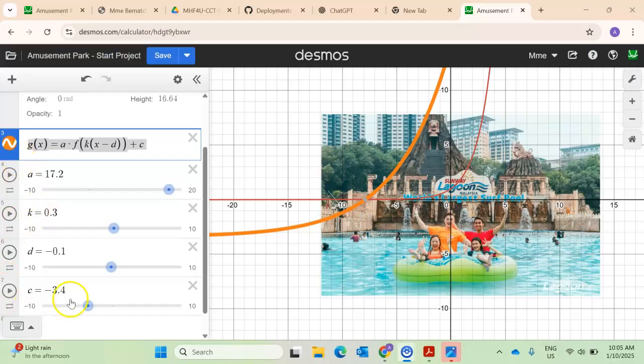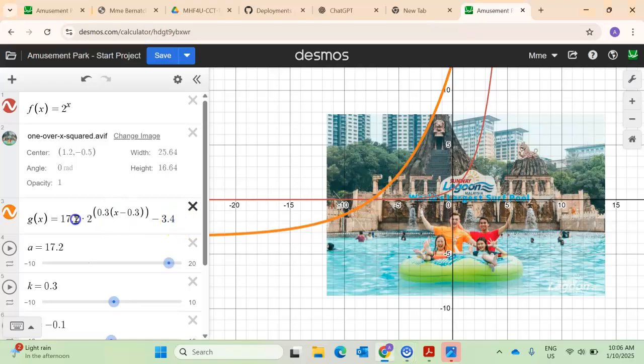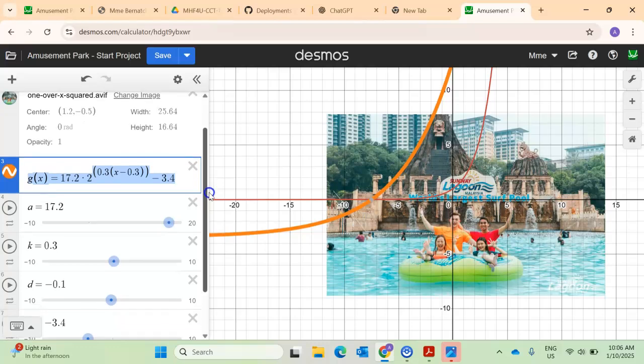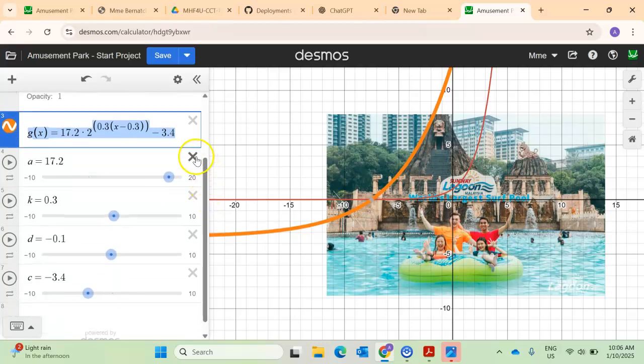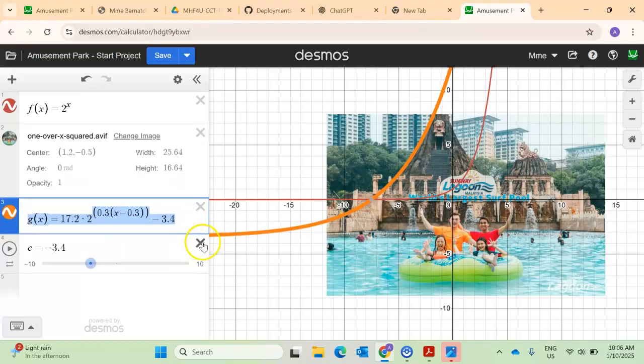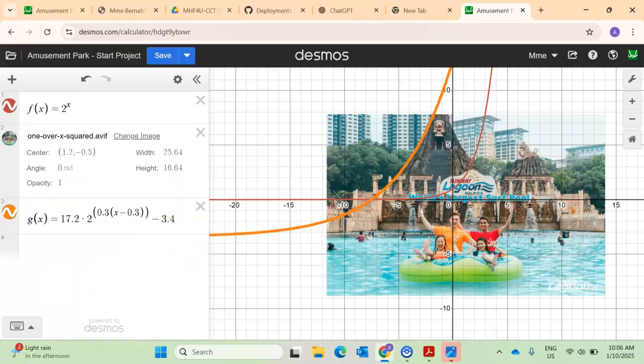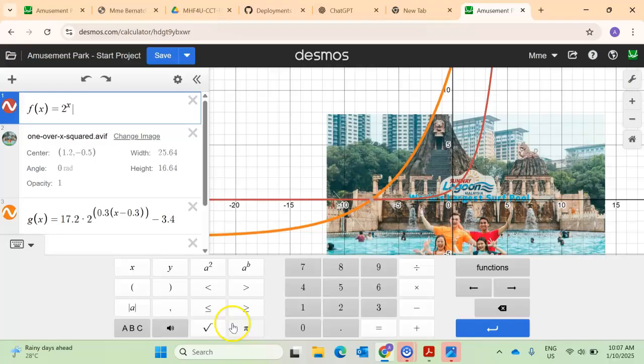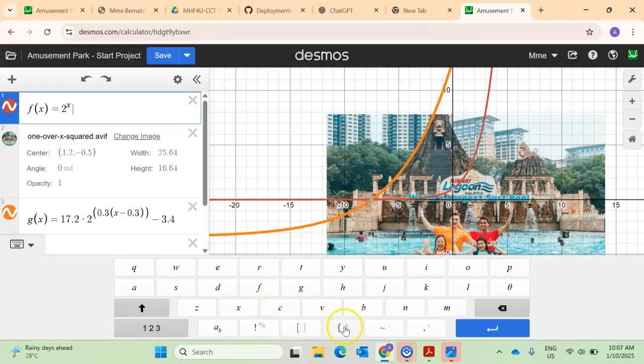So I have all my parameters here, a, k, d, and c. So I went ahead and manually typed this in for the transformed exponential function, and I no longer need my cursors, so I can delete these. Now I need to limit the domain of this function. To do so, I will use the